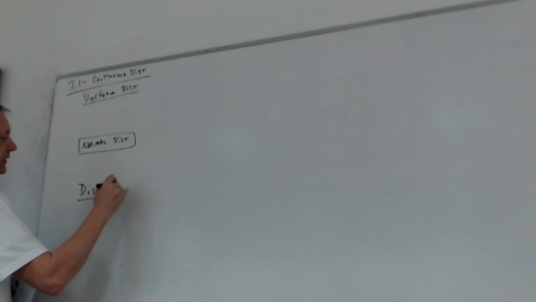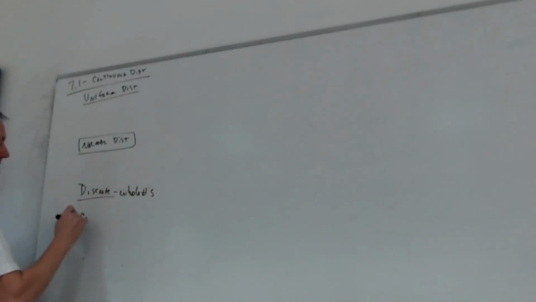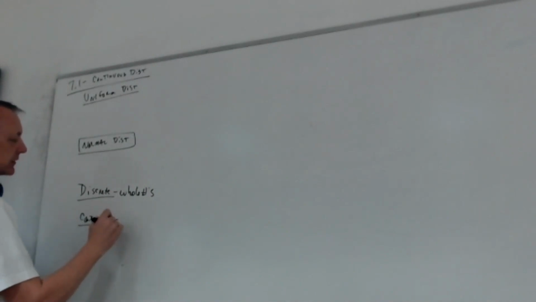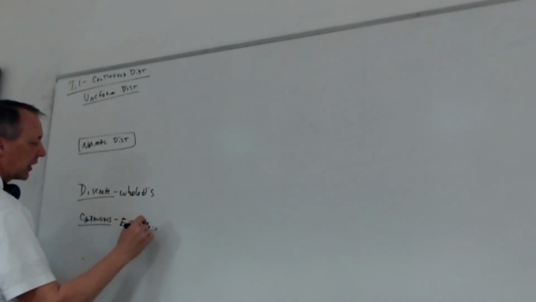Let's just remind me, what does discrete mean? Discrete means whole numbers. And continuous means everything else. Okay? Now, there's going to be something, the one thing I always like to tell people, the uniform distribution